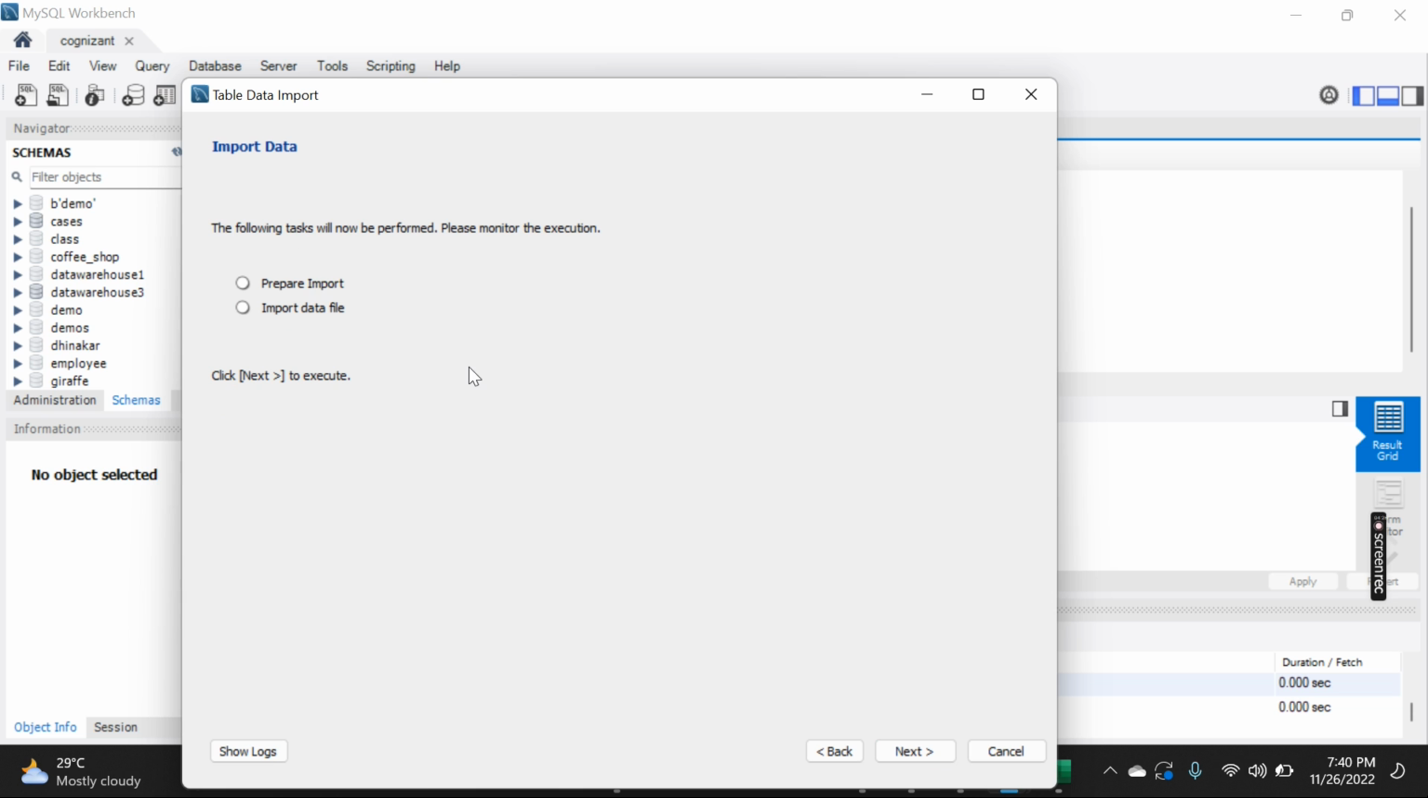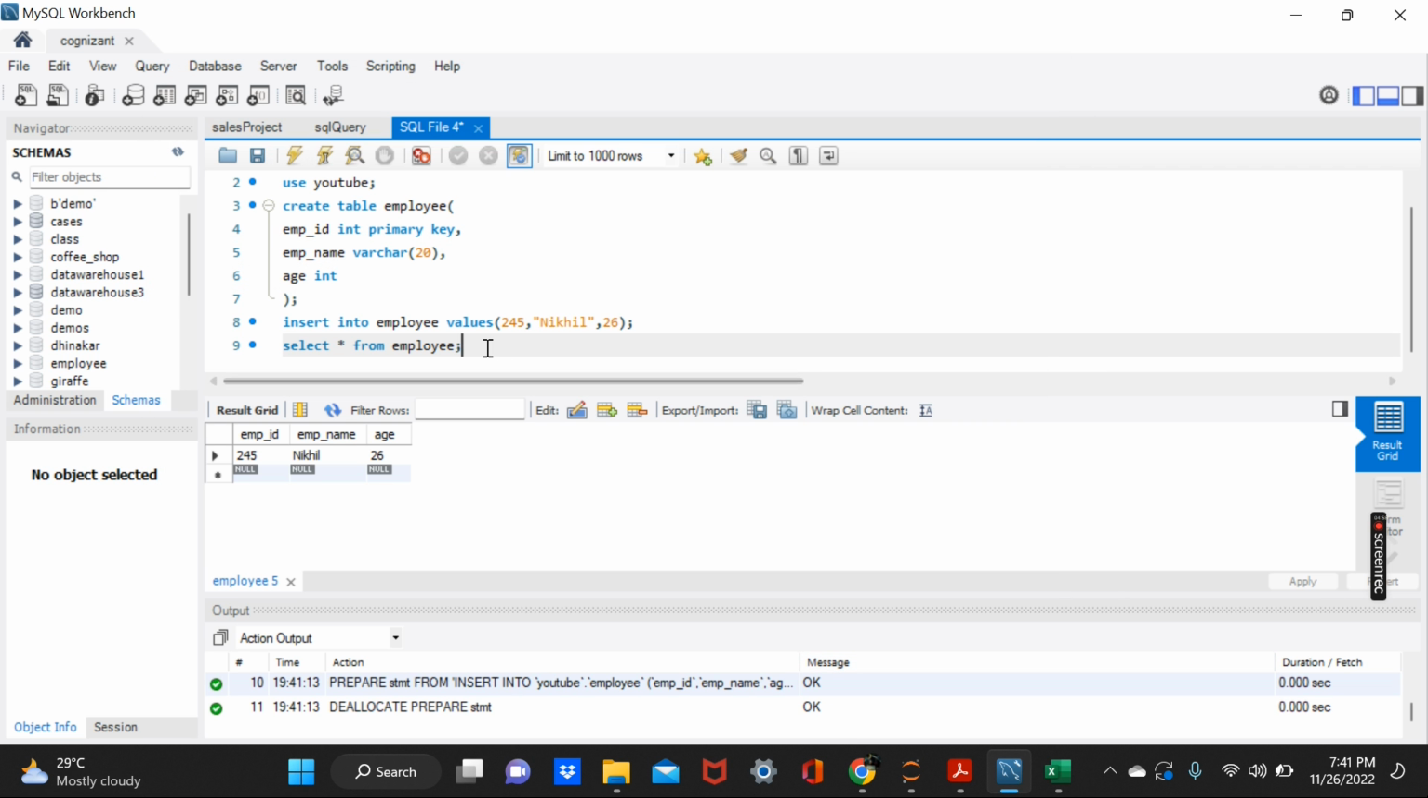Next. This is the import data tab. It will do two tasks if I click next. It will prepare the import and it will import the data file directly into the table called employee. It also mentions click next to execute. If I click next, you can see in the import results that 6 records were imported. Let's click finish. If I again run this command,